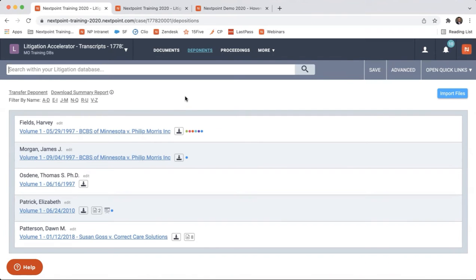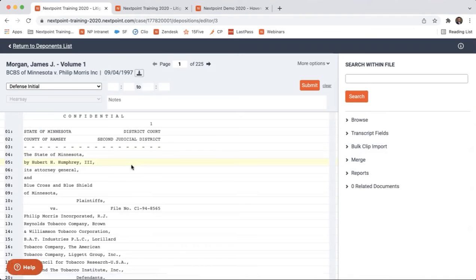reasons, I wouldn't recommend going in and viewing James J. Morgan's testimony this way. Because although this is pretty easy to use for creating designations, it's not the most aesthetically appealing. This isn't what I would want to share because there's all this blank space. There's this in the way. We don't want to be distracted by all these different things. So what I would recommend doing is any transcripts or proceedings that you're going to want to present, go ahead and run a report